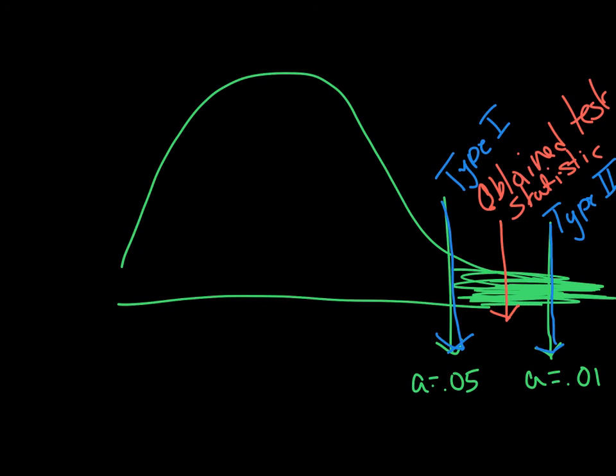Now a type 3 error is a whole different ballpark. That is specifically if your test statistic fell over here and was significant. That would be a type 3. So if you hypothesized that there would be a significant increase in results, but you actually had a significant decrease in results, that would be a type 3 error. So that's just kind of a fluke that happens, but doesn't happen very often. So hopefully